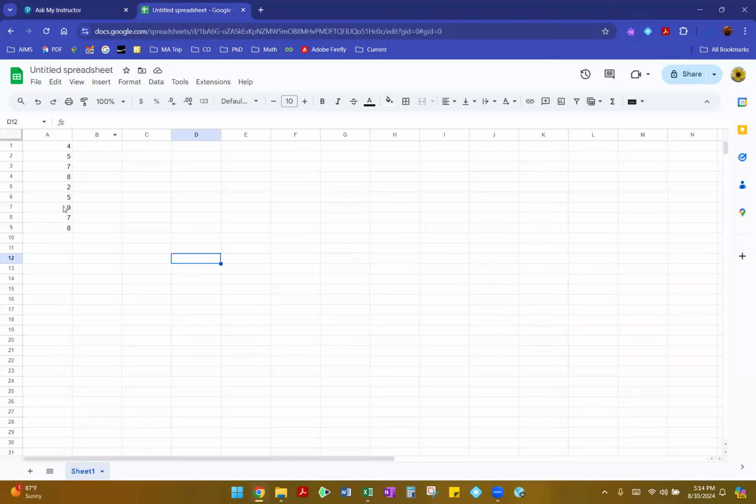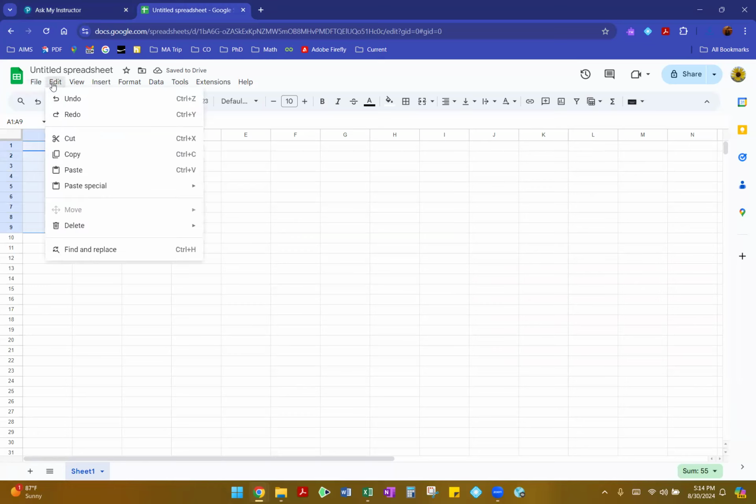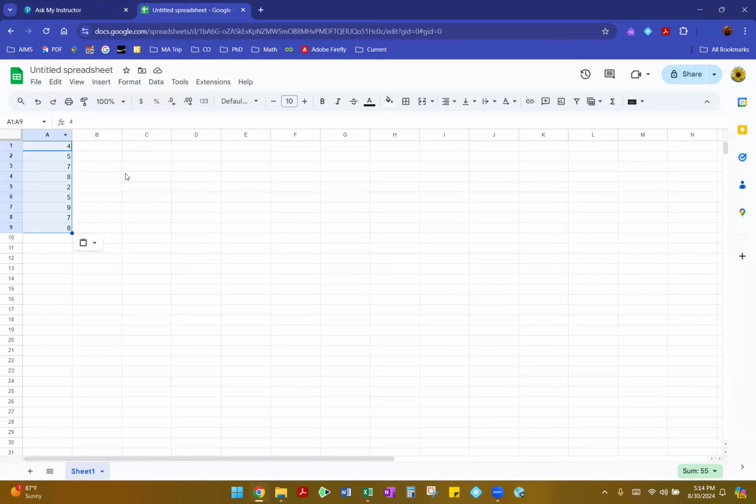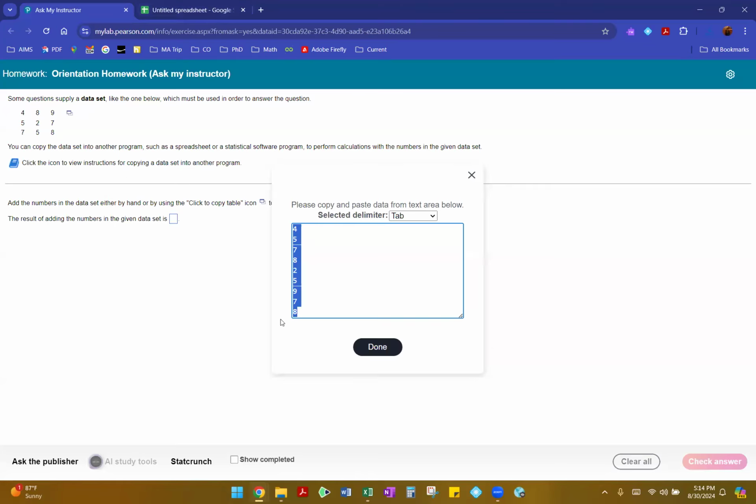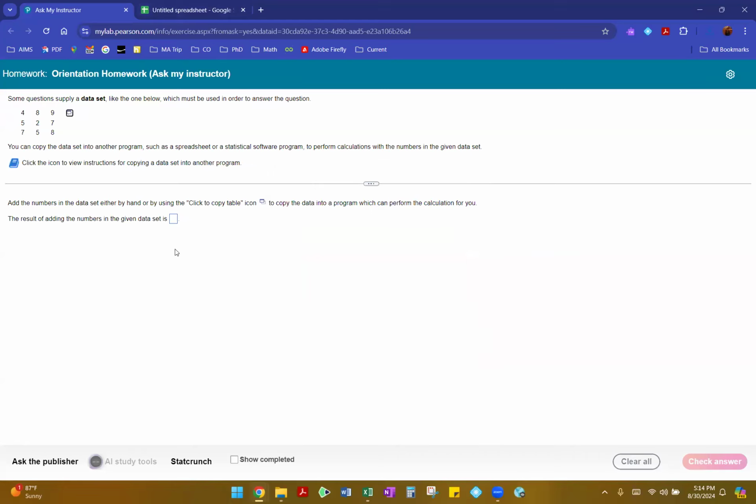And then if you are using Google Sheets, and looks like I already had it in here, but I'll show you how to do that. So since we already copied it over here, once you come to your Google Sheets, again, just use Control V to paste it, or, of course, you can use the paste option from here as well, but it will help you copy your data over to the spreadsheet program,